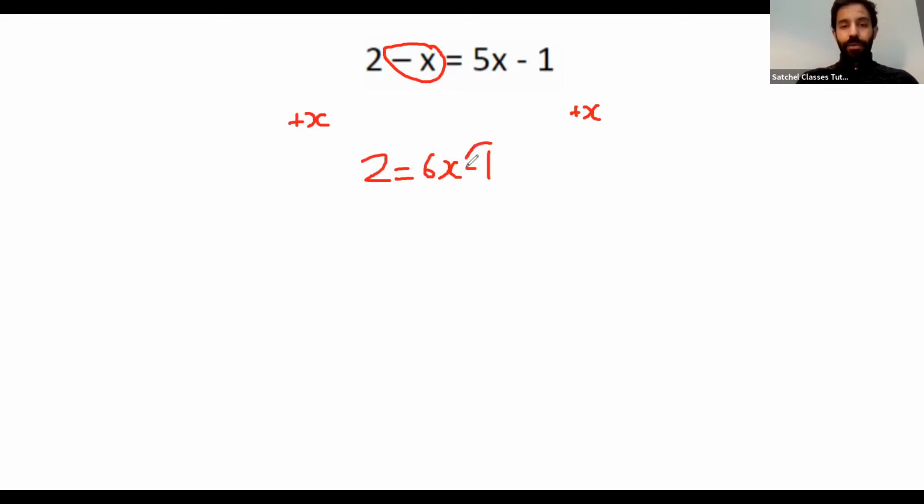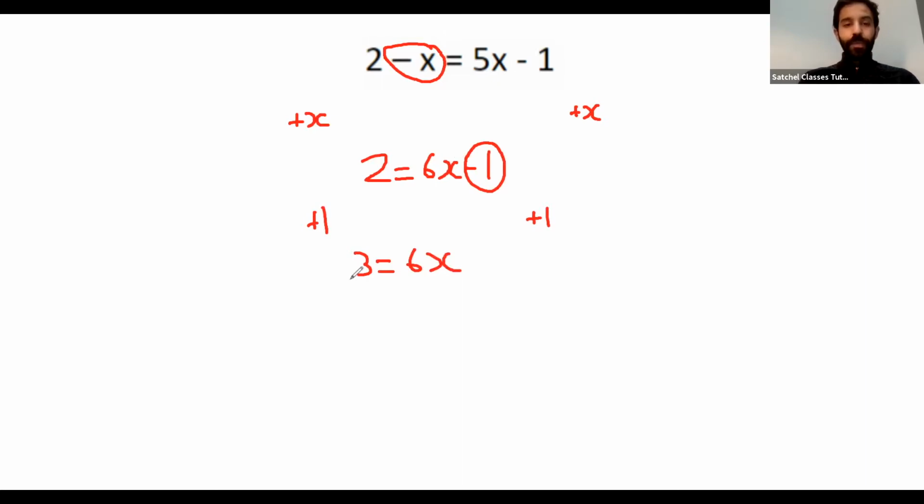So I'm going to get rid of the minus 1. So the opposite of taking away 1 is adding 1. So what we're going to be left with is 2 plus 1. That gives us 3. And then 6x minus 1. Well, we're adding 1. So minus 1 plus 1 is 0. So 6x